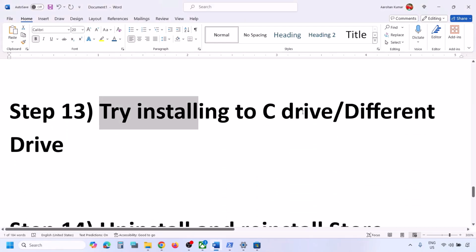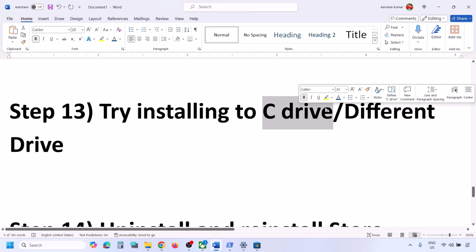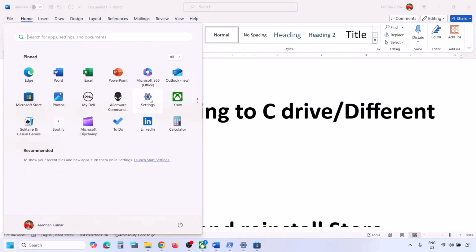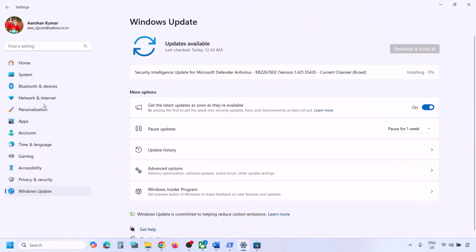Next step is to try installing the game to the C drive. So if you're trying to install it to a different drive, in that case you can try to install to the C drive. If C drive is already selected, then try to install to a different drive and then check. For this you can open Windows settings and then you can go to